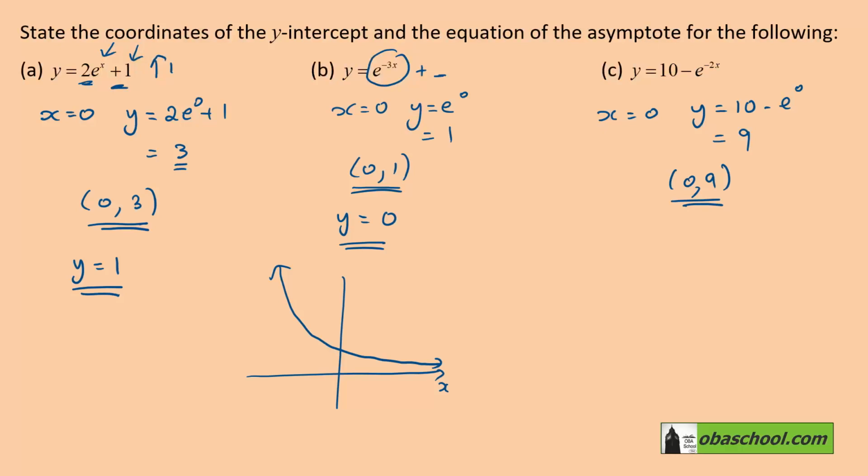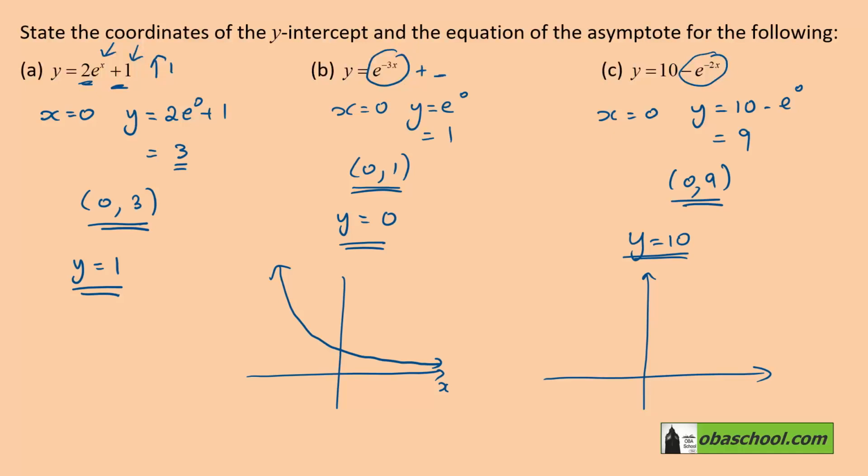Well, once again, think about the fact that, in this case, since it's negative 2x, when x is a large positive number, we'll have e to a very large negative number. So this bit will essentially be 0. So 10, y equals 10, would be the asymptote. Now, if you were to sketch this one or use graphing software, what you would find is that, remember,